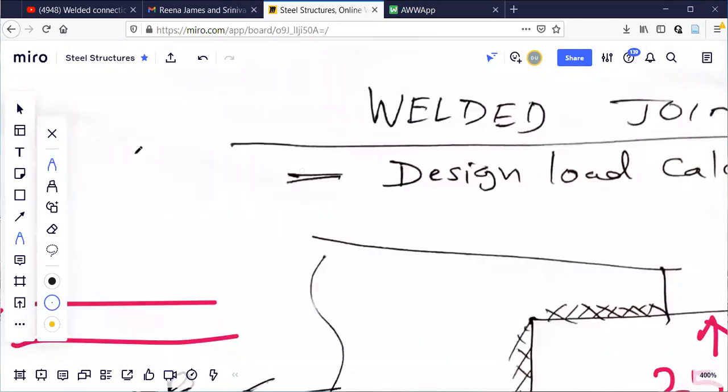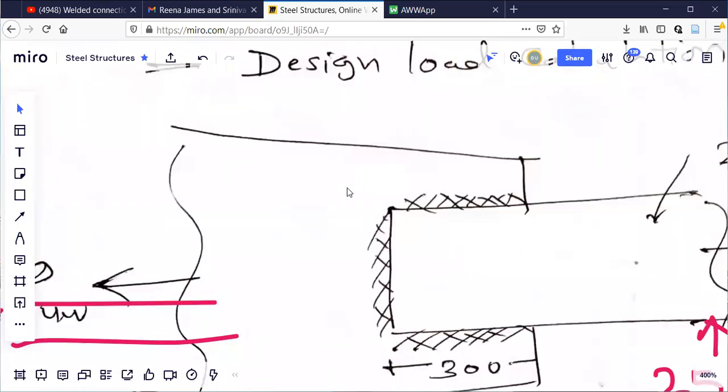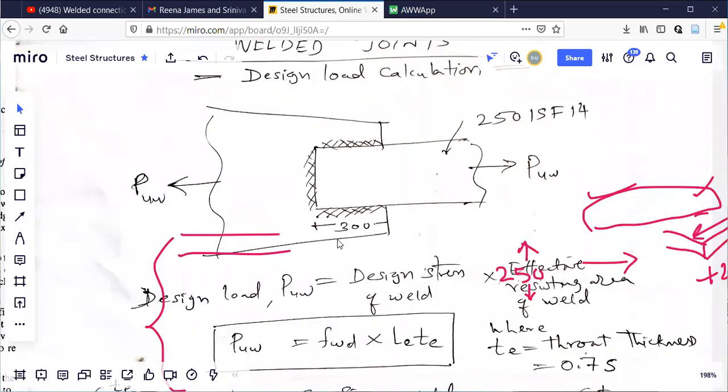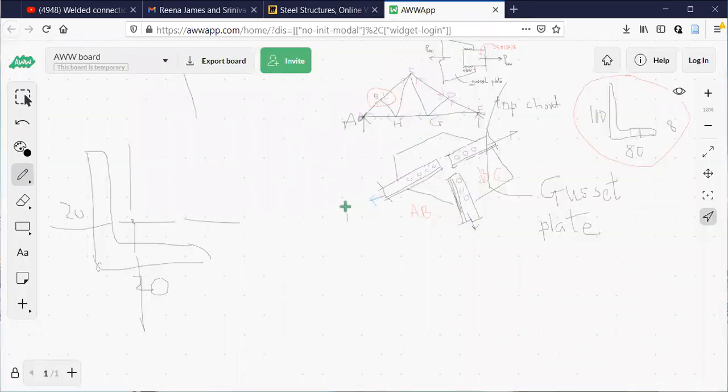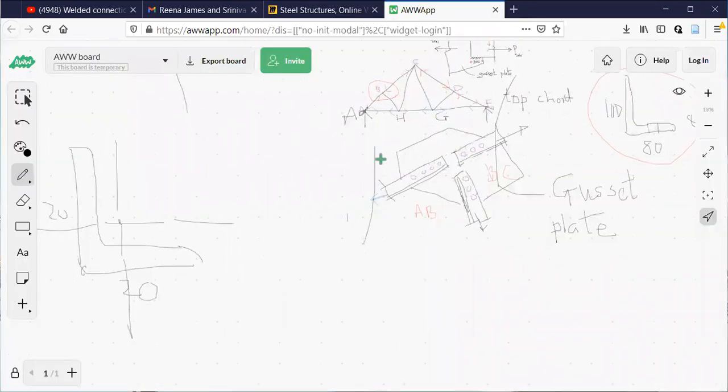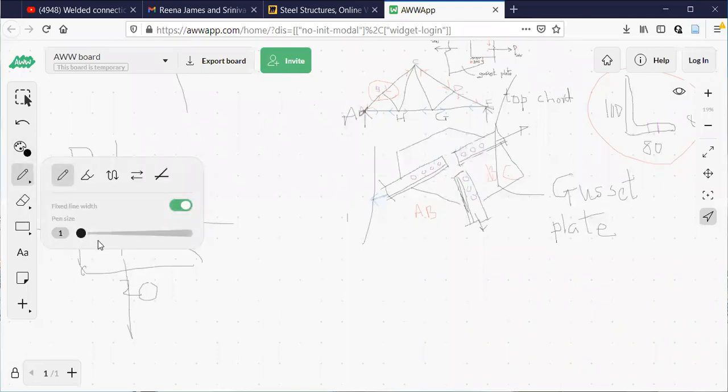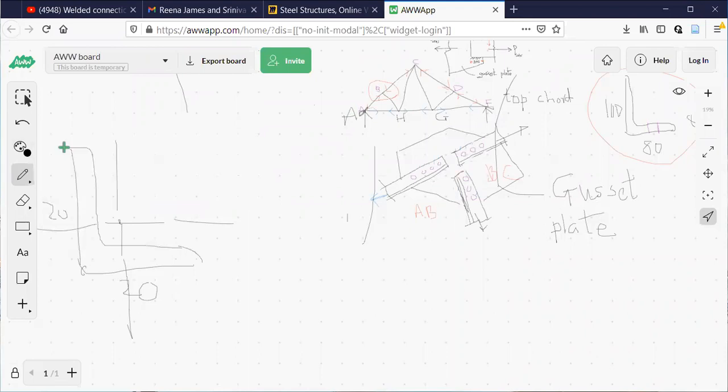Very interesting and important problem it is. First example of welded joints. So we should go back to strength of materials to understand this. Just observe here. I'll start with strength of materials. First chapter of strength of materials. What is that?